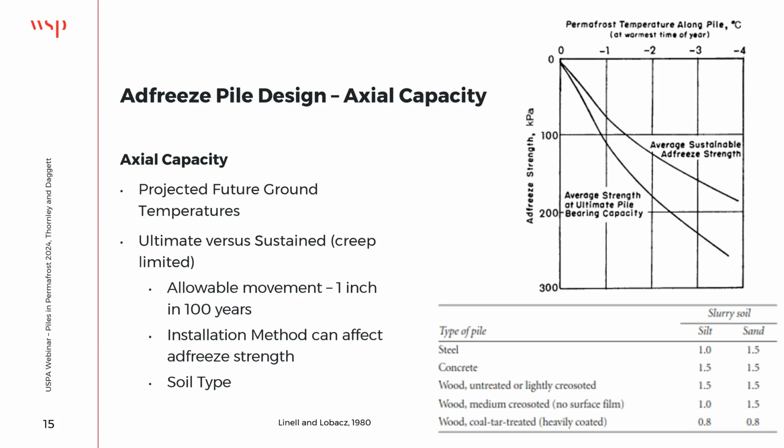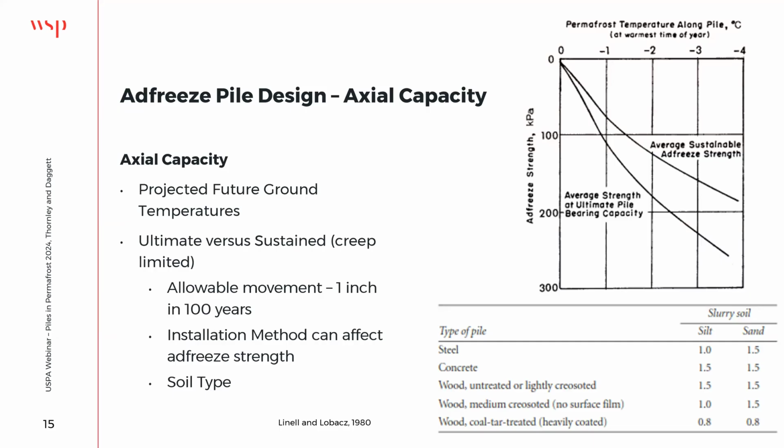So we then can move into some nominal ideas of the adfreeze pile capacity. There are a lot of different sources out there which have done measured load tests, so they provide useful information for trying to get some initial estimates of pile capacity. It's mostly considering ice poor materials. One thing to consider would be